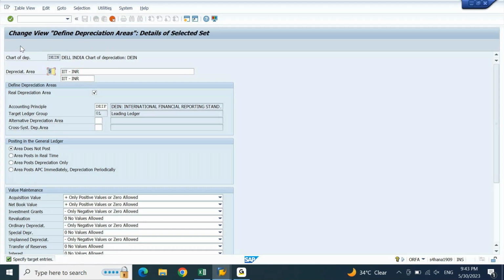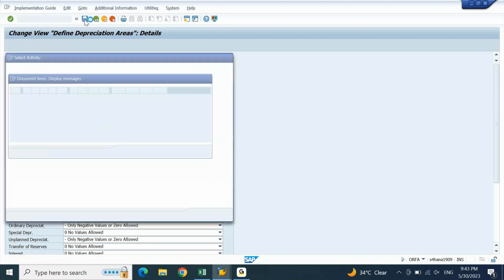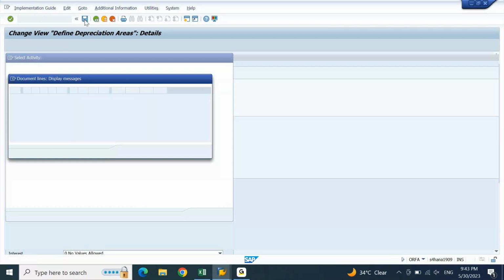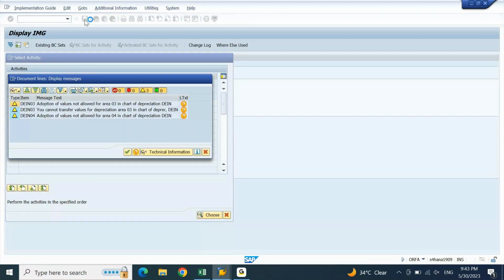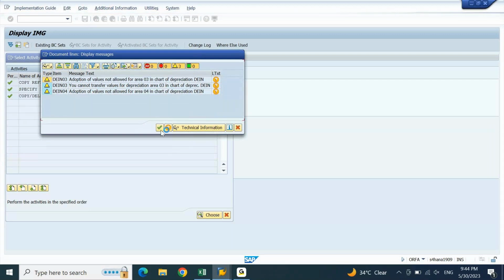Let's say similarly, I'll try to create by copying this. 6, IIT dollar, same information, save it. This is slow.